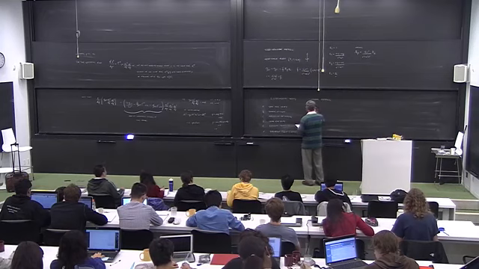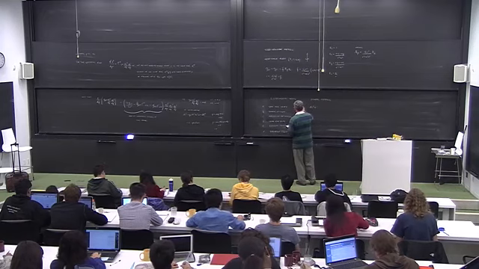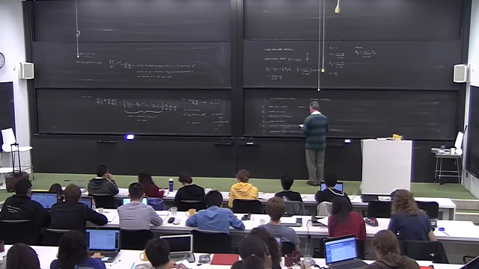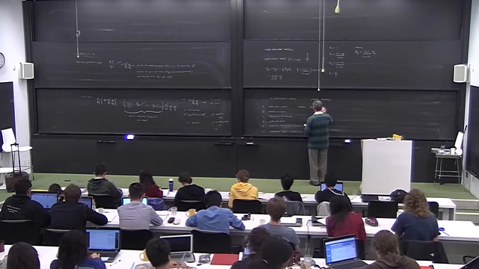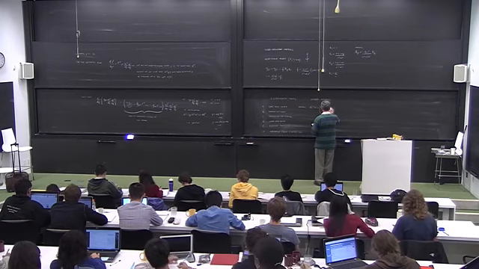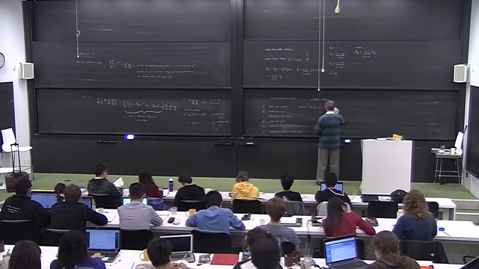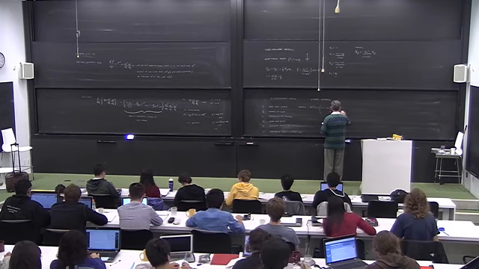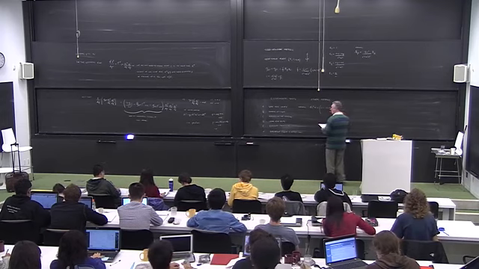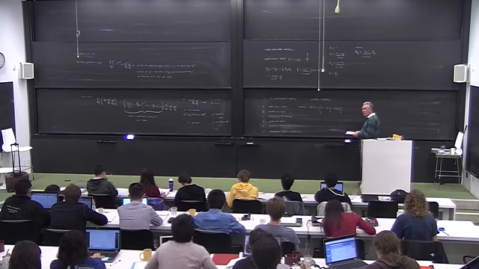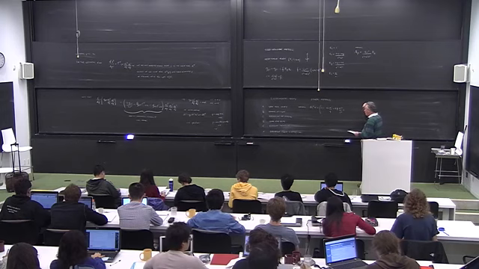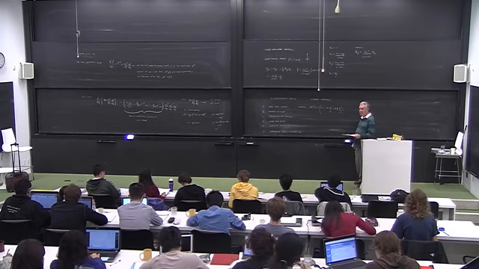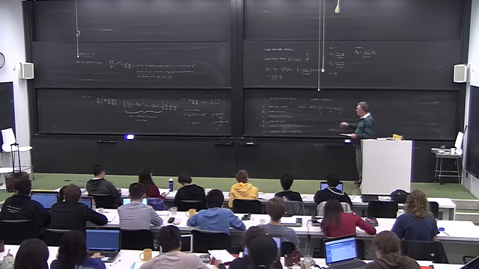In harmonic coordinates, it's traditional to write them in like this: 1 minus 2 alpha m over rho, plus 2 beta m squared over rho squared plus higher order terms in m cubed over rho cubed and so on. For the kinds of experiments we're concerned with, rho will always be very much bigger than m. So this is a good expansion,